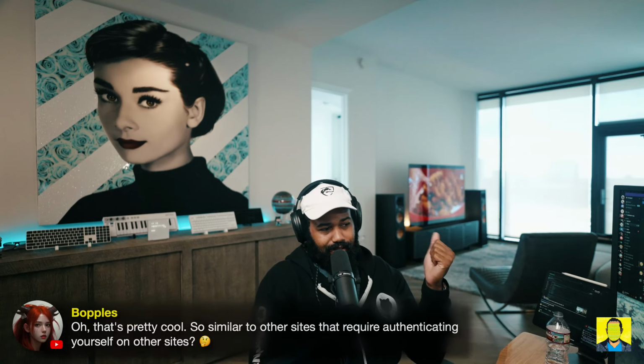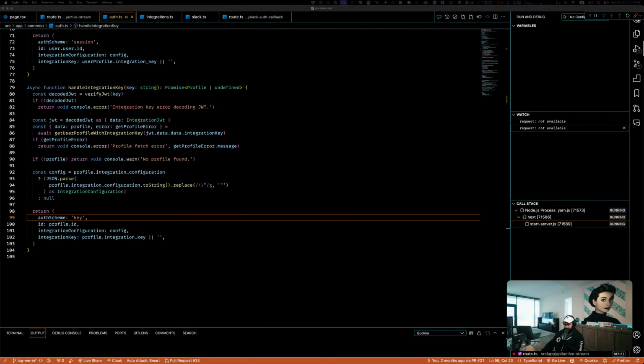Fortunately, I glanced at it, I didn't actually read it, but I saw that the Slack tokens don't expire. So I don't have to worry about a refresh token. However, the Google tokens do expire. And I can show you that. Let me pull that up right quick.